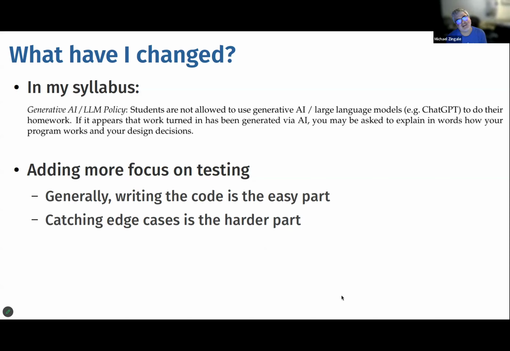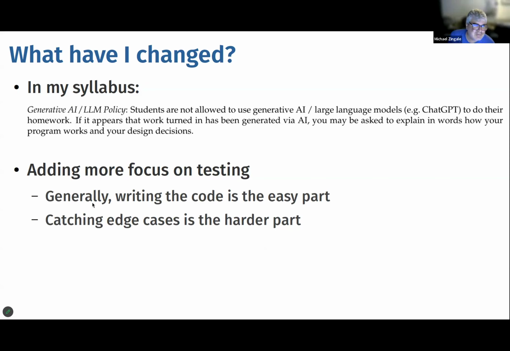Well, I guess I say it is. But basically I say, if something looks suspicious in your homework, I'm going to ask you to explain it to me in person. Why did you make these choices? I think that's a reasonable middle ground, because if someone's just copy and pasting AI, they won't understand what they did. And I'm going to focus on testing here, meaning testing programs, not in-class testing.